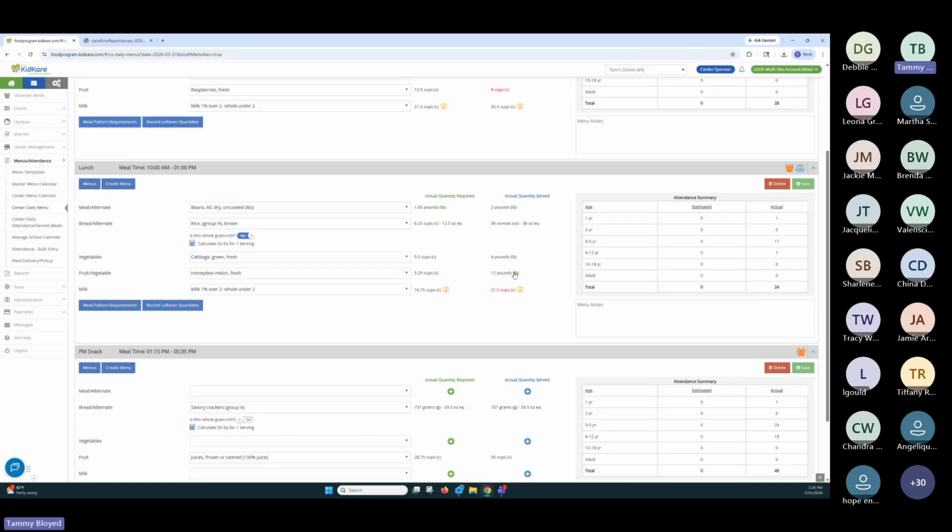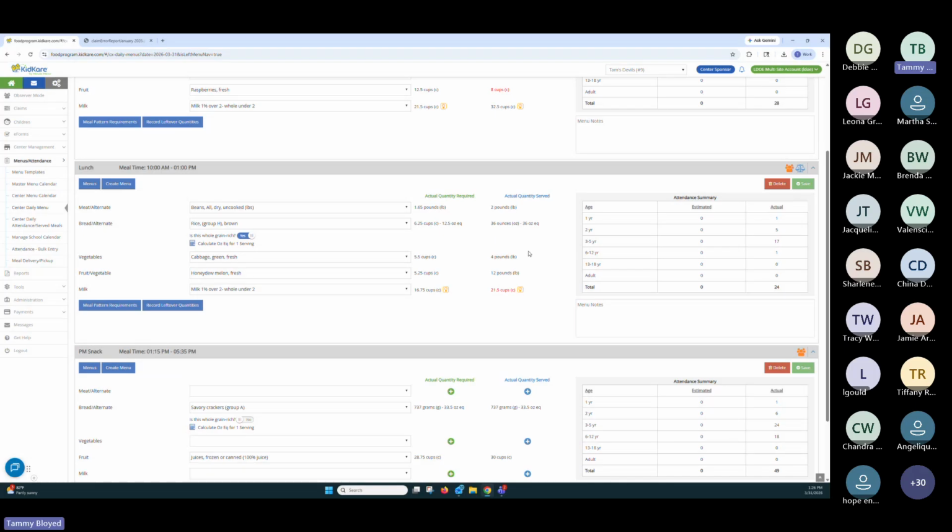Yes, it's no longer red. So it's gotten better about converting the volume to the weight for us. But if it's red and you know that's actually what you served, then find another way to enter it. Do not just match, oh, well, it's looking for 5.5 cups, so I served 6 cups and we're just going to call it that. Please don't do that. Record how much you actually served.